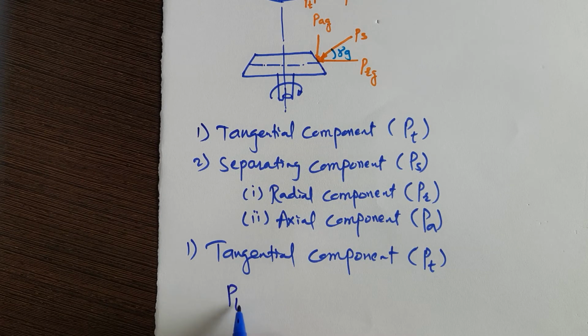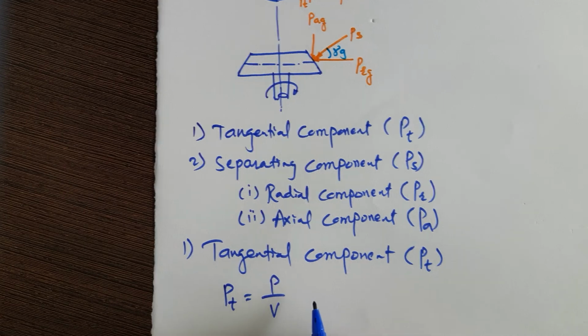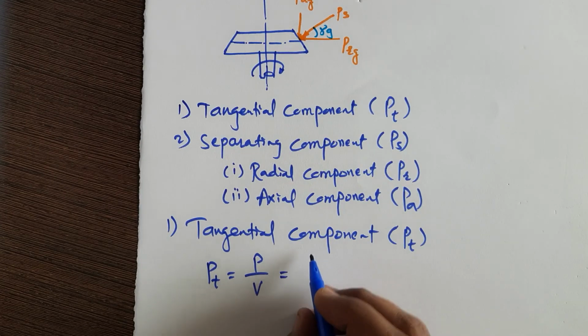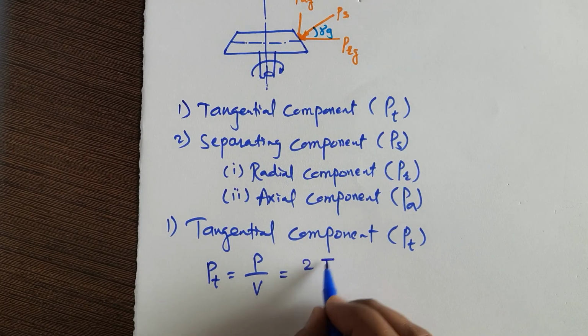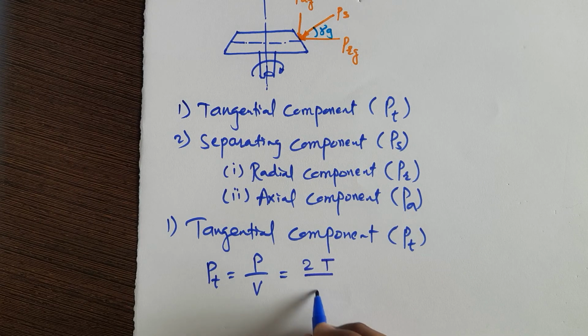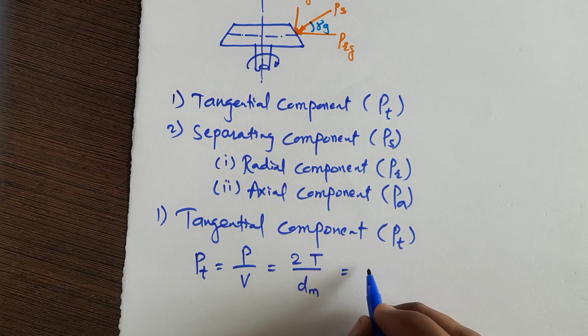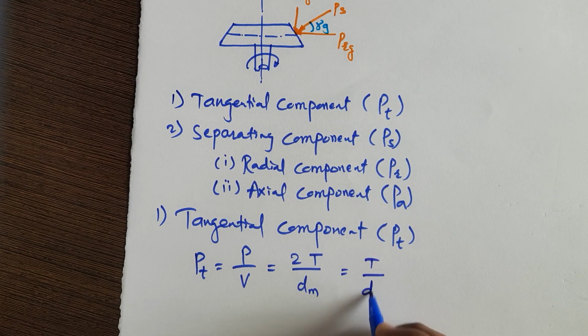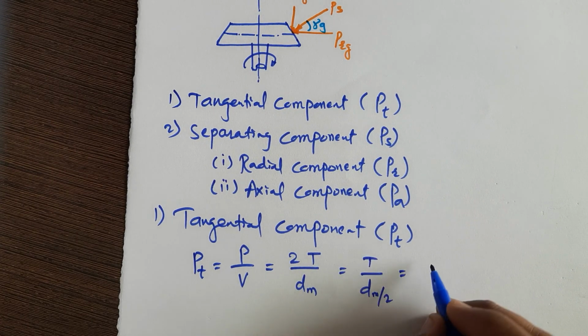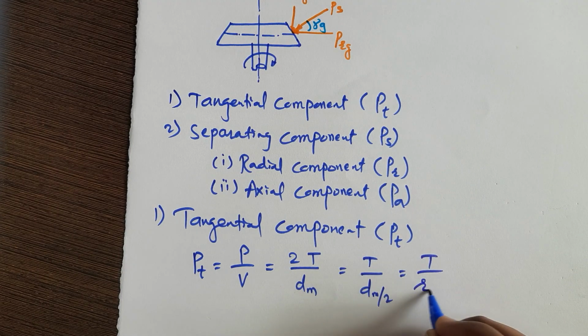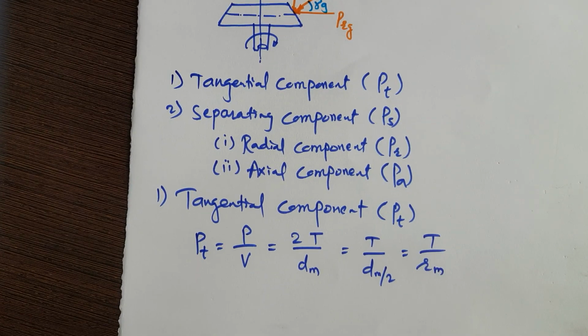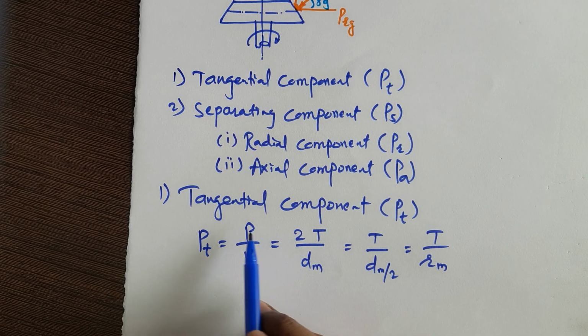So we can write PT is equal to power by velocity, or you can write it as 2 times torque divided by mean diameter dm, or torque divided by dm by 2, or torque divided by mean radius rm. So you can calculate PT by using